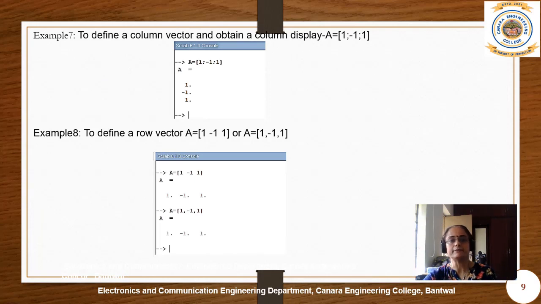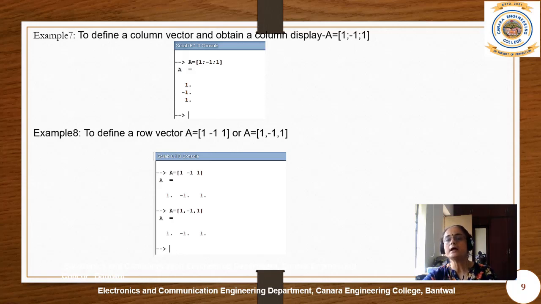As you can see here, the result is not displayed on the console. Example number 7. If I want to define a column vector, let the column vector that I need to display be 1, -1 and 1. How do I write it? The statement I need to write is A is equal to, in the square bracket, 1 semicolon -1 semicolon 1.